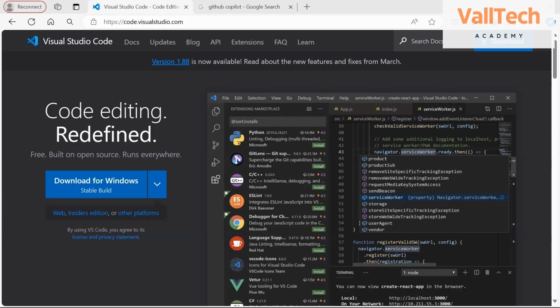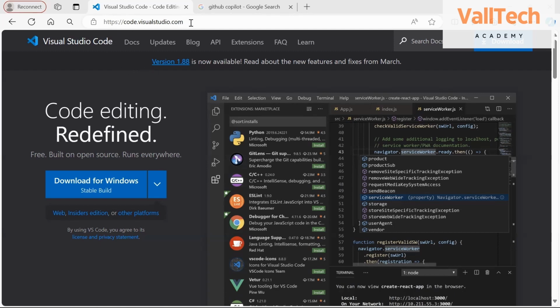To make development easier, we will require Visual Studio Code to be installed first. So what is Visual Studio Code? Visual Studio Code is an IDE, integrated development environment, and it is the most important software used for writing code in multiple programming languages, and also for managing files and our coding projects. Now to install Visual Studio Code, we need to download it from code.visualstudio.com,